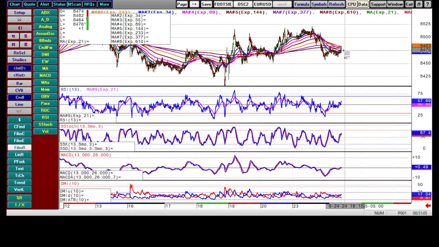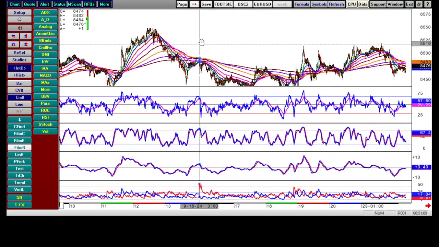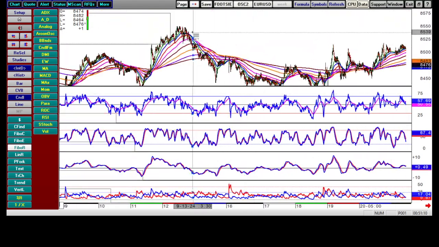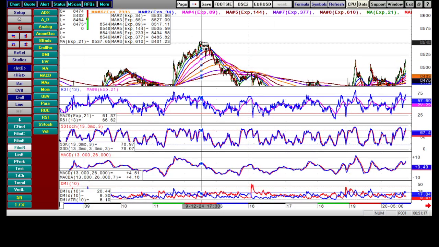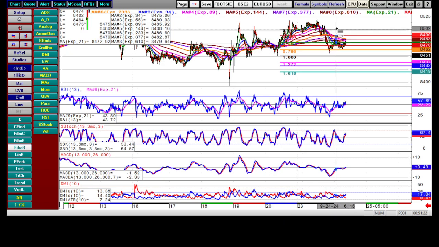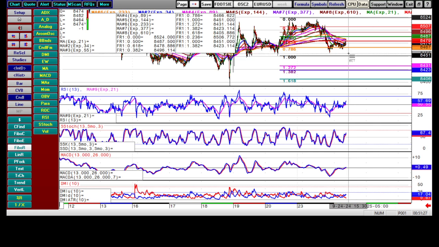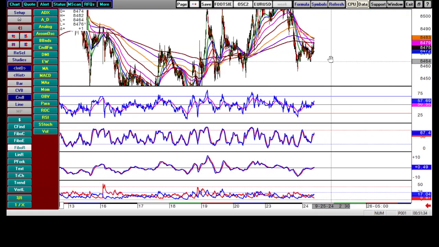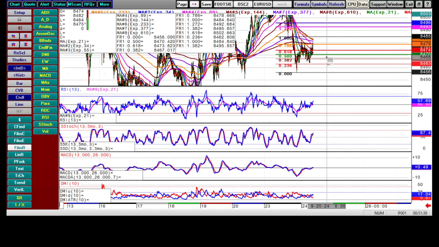Okay, looking at this chart, it looks like we may have seen the high, because this is making a lower high, which is 85.20, and the previous high was 85.45. So the market is expected to break at least until tomorrow, and if this low breaks, then we may see 84.30. So based on this, what we can do is go for a sell at